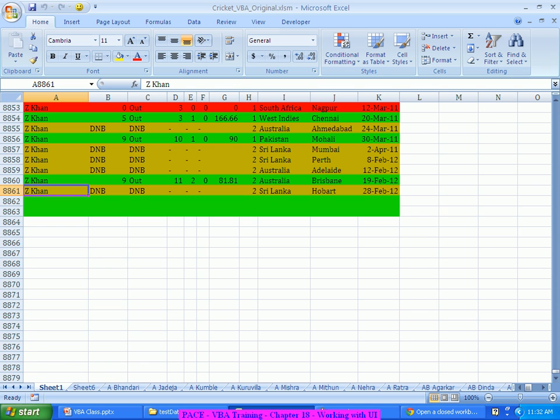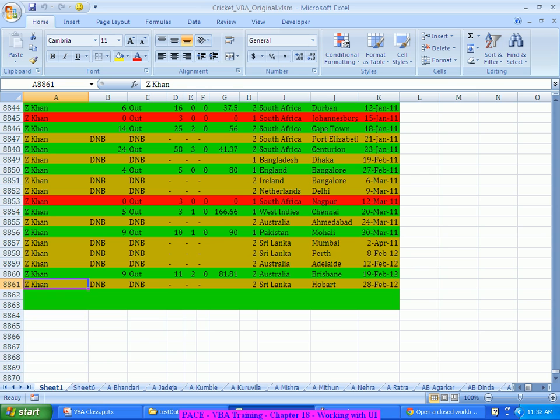That data should come and be inputted in 8862. The next data should come and be inputted into 8863, and something like that. That is my intention, let's say. I want to drive it more through a form. So let's try that out.